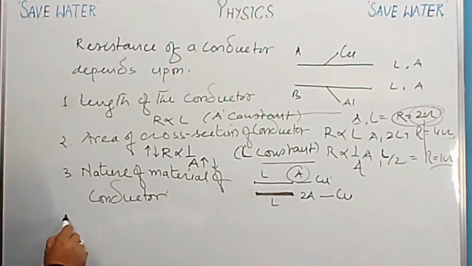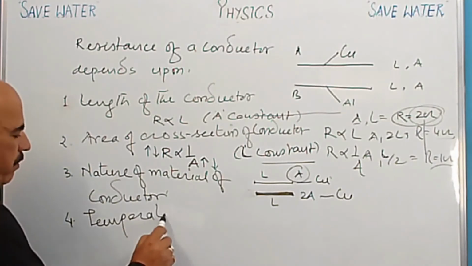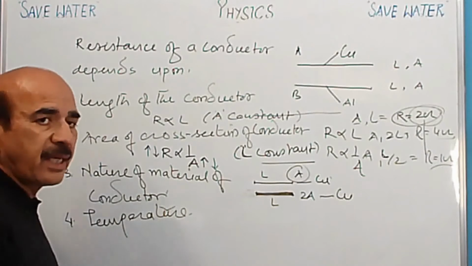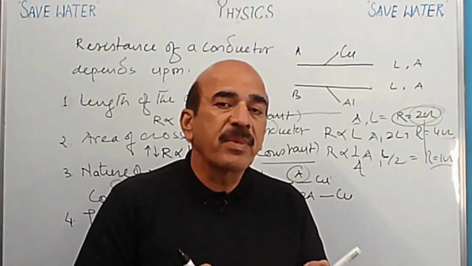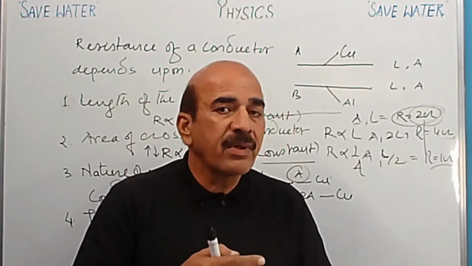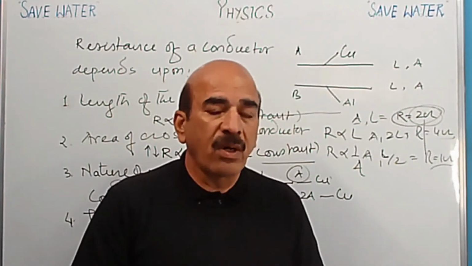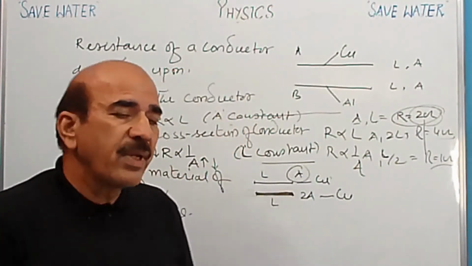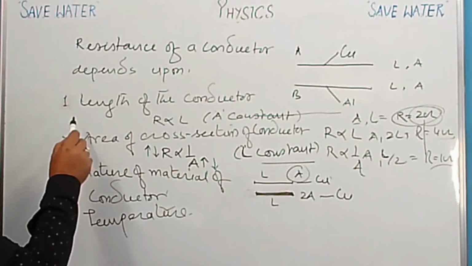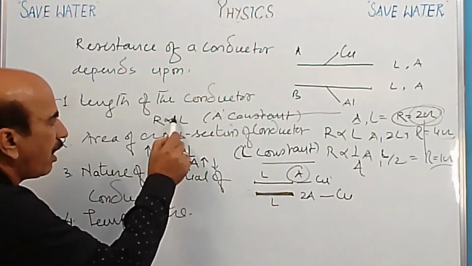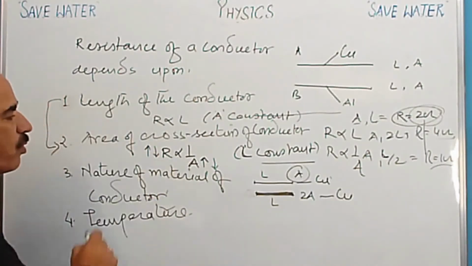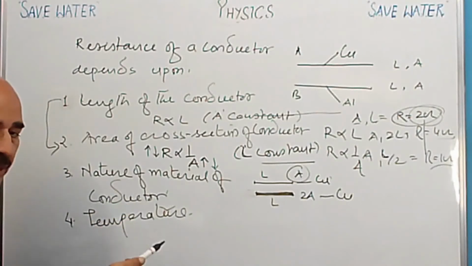Now number 4 is temperature. We studied that when temperature increases, resistance is also increased. And we have discussed the reason also. What is the cause of this? So today we are going to find out the relationship between the first and second points, and how this sign of proportionality is removed. So please note it down here.